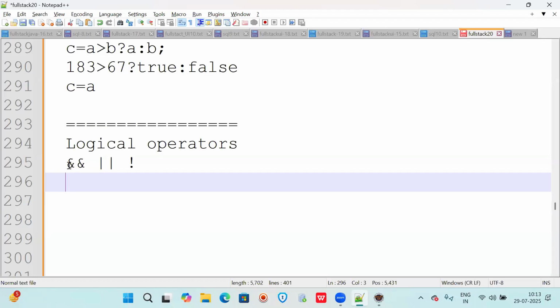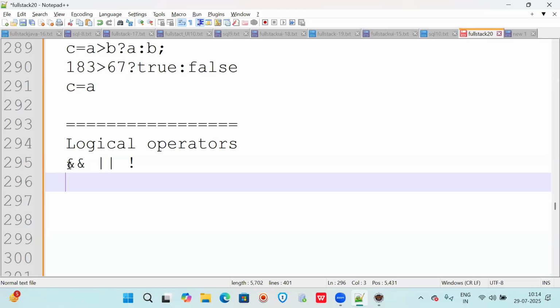Or means what? If any one condition is true also, the result is true. In which scenarios can we use it? You are applying for a job. Your qualification can be EEE, ECE, mechanical, IT, anything they said. Then what operator can you use? Or. In programming, checking a vowel: A, E, I, O, U. Anything you enter, it is a vowel. Other than that, it's a consonant. So we use the OR operator when any one is true, the result is true.